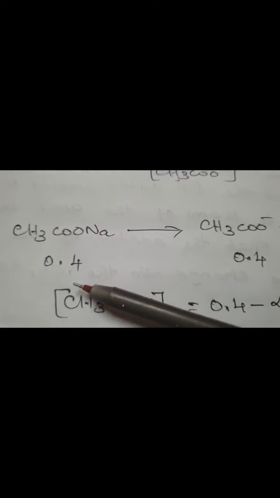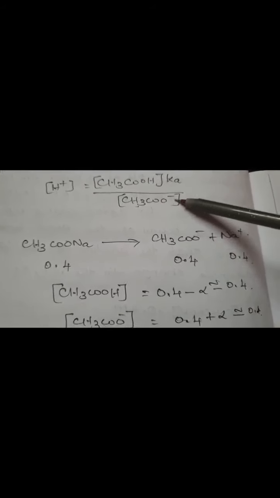From that relation we can calculate H plus concentration, because our aim is to calculate pH. So for calculating pH we need H plus. H plus is equal to, by crossing the formula, Ka times the concentration of CH3COOH divided by the concentration of CH3COO minus. One more component is also present in the buffer: the salt, sodium acetate, at a concentration of 0.4. The 0.4 dissociates to form 0.4 M of anion and cation.